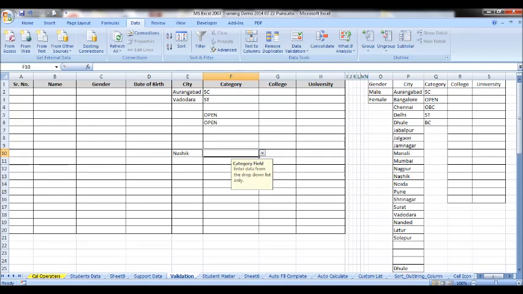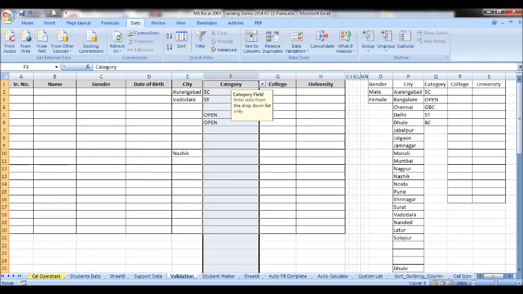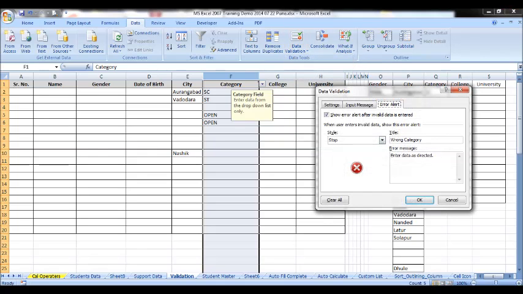Are you getting it? This is what validation through list is. Let's learn how to remove validation. Here for the entire column you had defined data validation. If you want to remove it, select the column or cells from where you want to remove validation. Go to data validation. Click on data validation. There is a tab, clear all. Once you click on clear all, it will remove the validation from the selected cells.